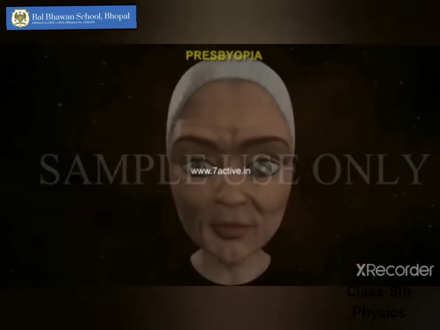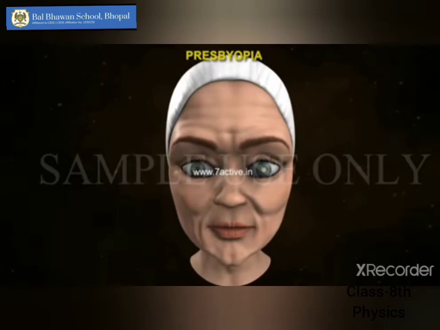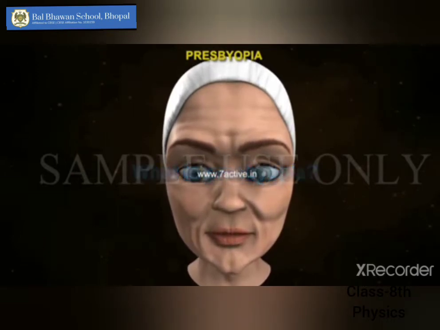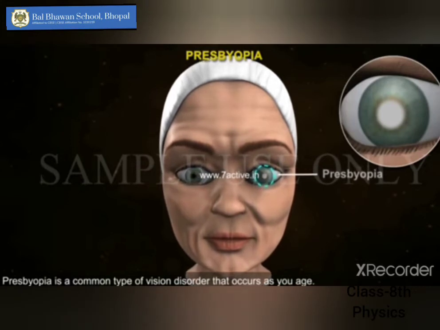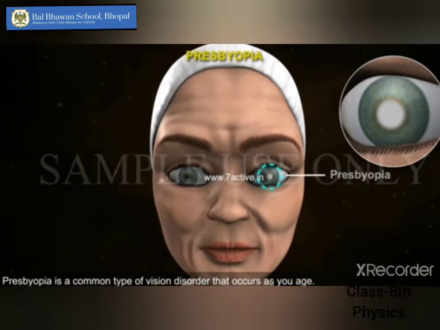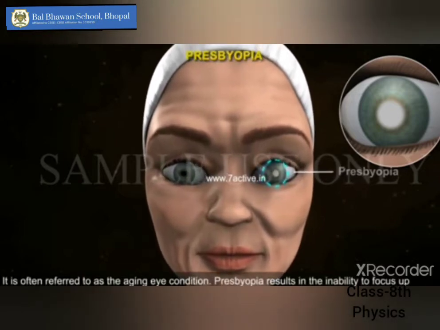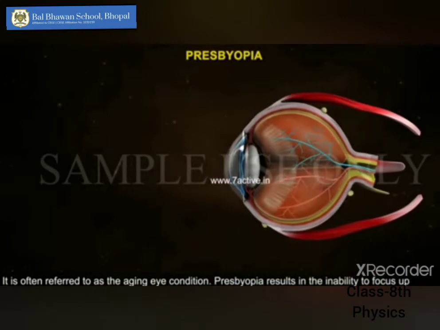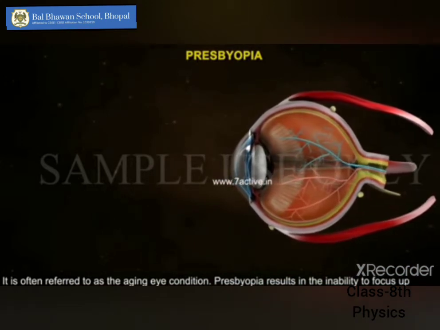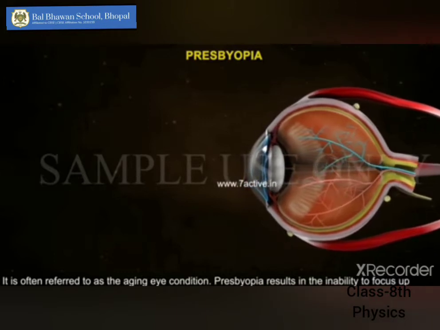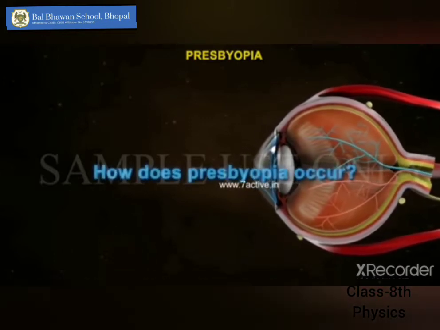Okay. Now presbyopia results with the age. If a person ages, he gets to see the images, but they are very blurred. Even far off objects and the nearer objects, both the images are extremely blurred sometimes. So in such cases, both the defects are occurring at the same time. A person is not able to see far off objects clearly, and nearby objects also appear blurred. Such case is called presbyopia, third defect of the eye.